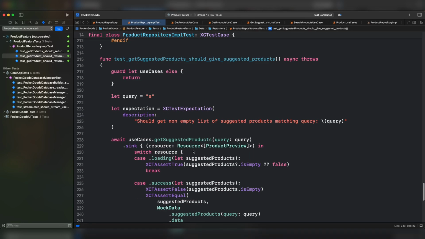That's all we have for this test. Let's run the test. And the test succeeded. Now for the other case, under the same function, we should test that getSuggested products